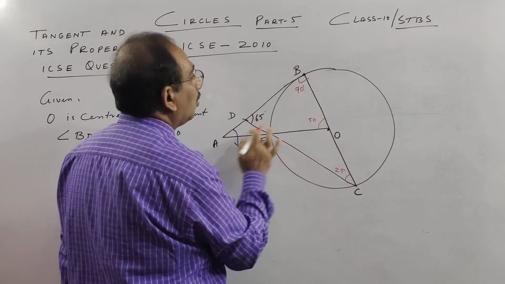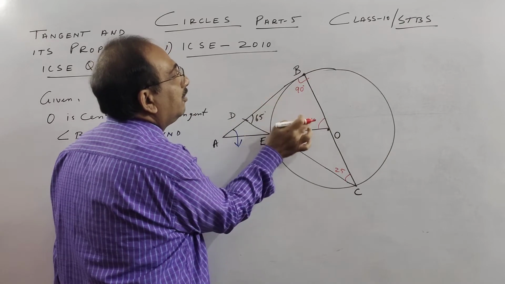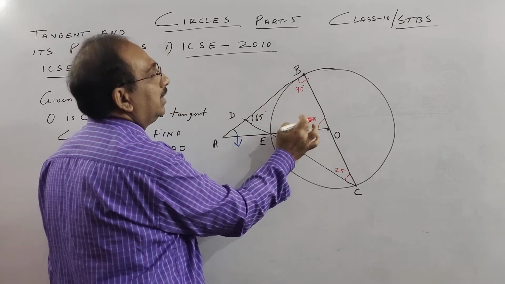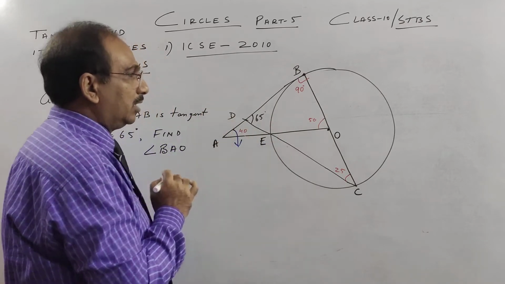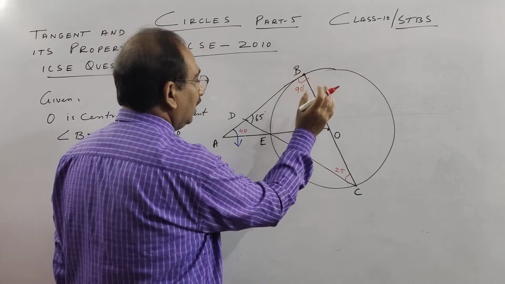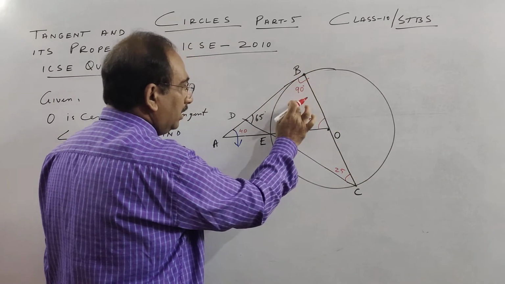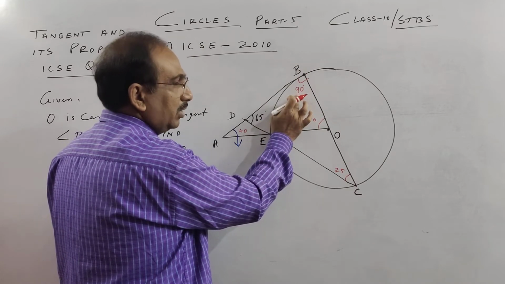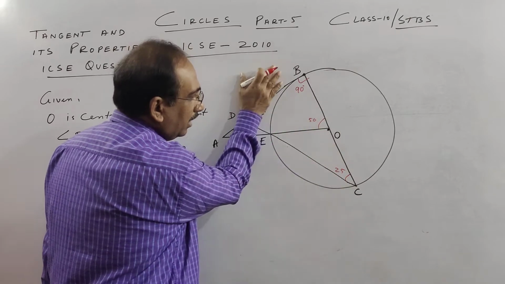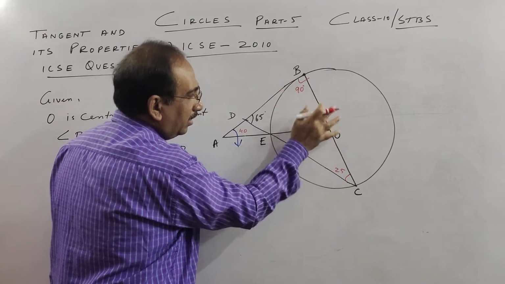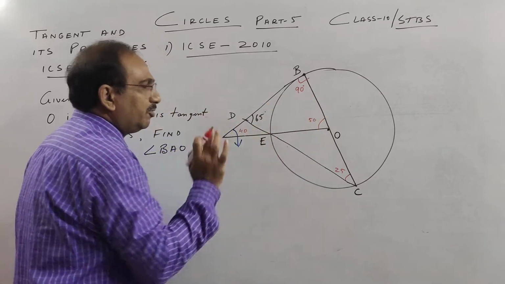Now leave this triangle, see this triangle AOB. Don't look at this part. 90, 50, this will be 40, because together this is 90, so this will be 40. So this is what we have to get. Once more in short, in triangle BDC we have 90 and 65; the tangent with radius theorem gives us 90, this gives you 25. The angle at the center is double, and now forget this triangle and see this triangle, this is 90, this is 50, the third angle will be 40 degree.